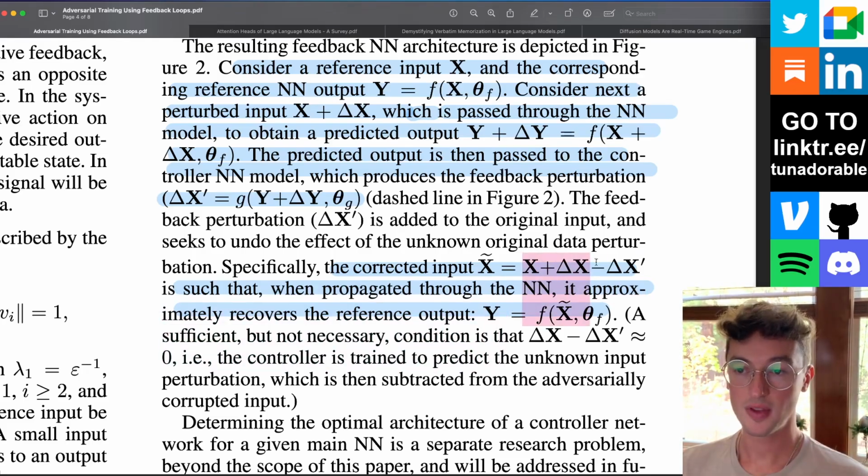Meaning, when you feed these three through the system, the original input, the perturbed hack, and the attempted controller's fix, it should hopefully output something close to the original desired output that you would have gotten if you had only inputted the regular input that had not been messed with.